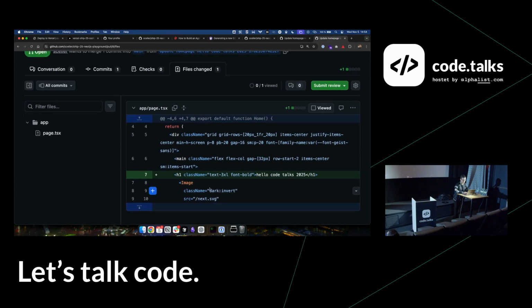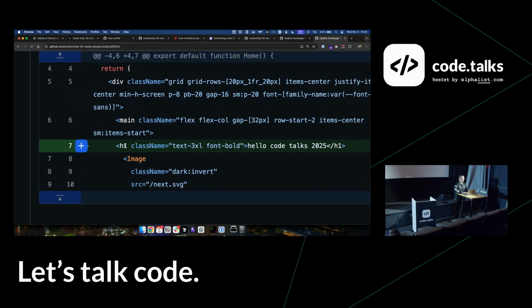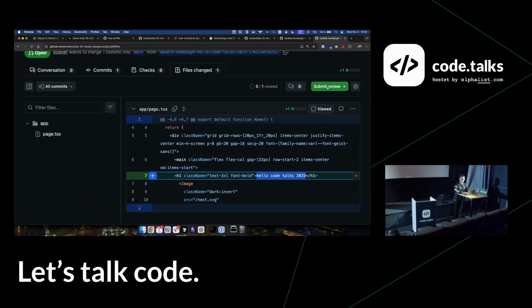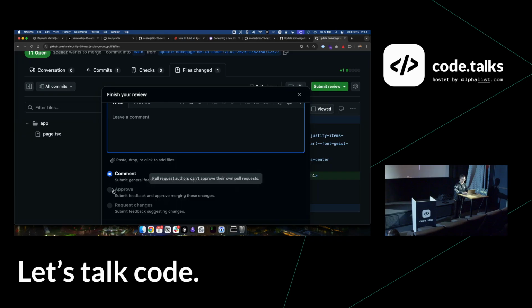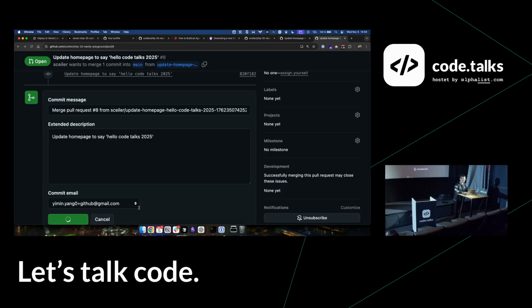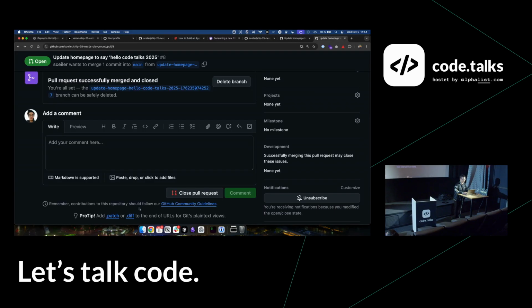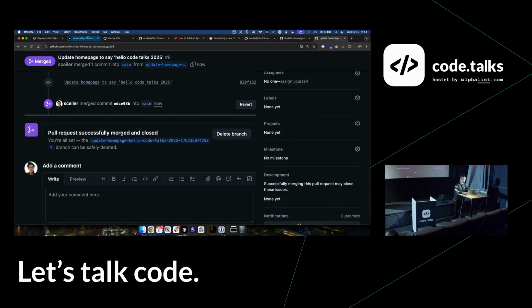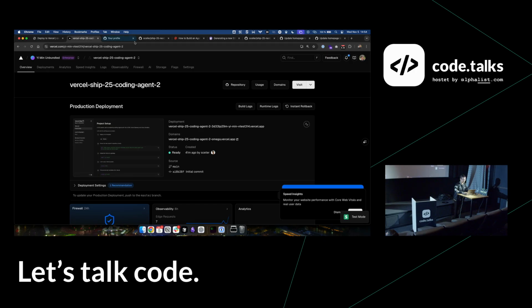Files change. There we go. So here you can see it has added an H1 saying hello Code Talks 2025, and then we can say this is approved. Yeah, I hate that. So we can merge it, and then